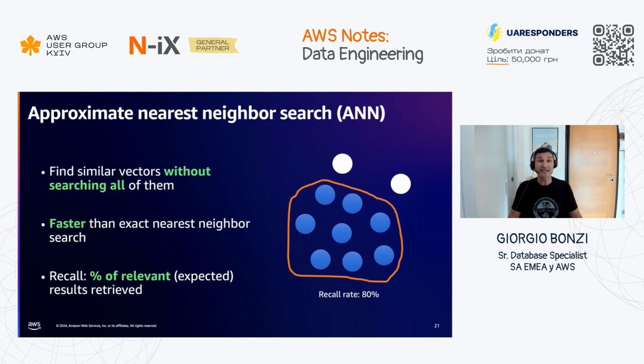And for this reason the approximate nearest neighbor search has been introduced. The approximate nearest neighbor search leverages vector indexes to reduce the scope of the required comparison, improving the performance on one side, but on the other side, returning a less accurate result. So when you execute an approximate nearest neighbor search leveraging a vector index, the recall will be less than 100%. But we will see now in more detail how you can use the different vector indexes to execute an approximate nearest neighbor search.